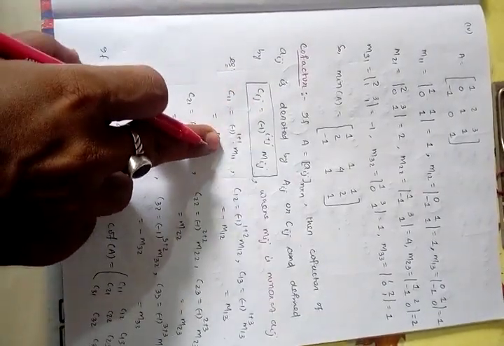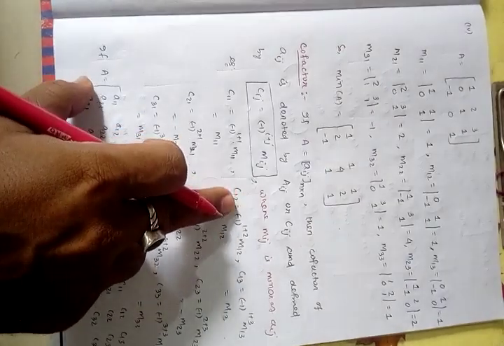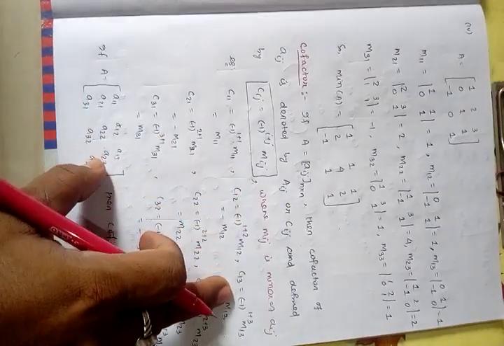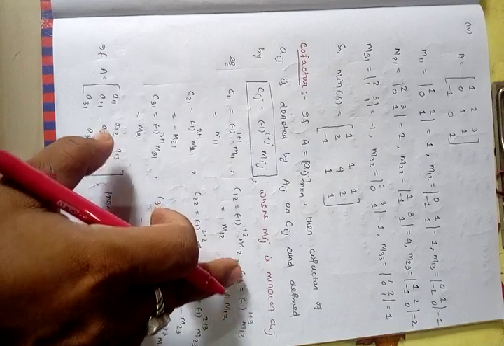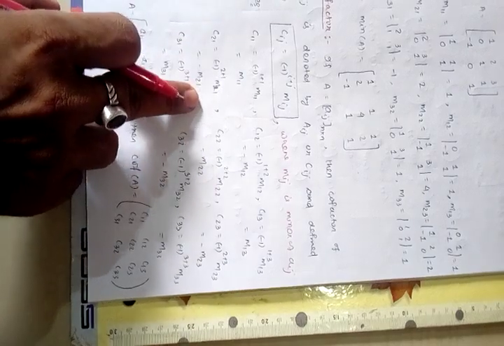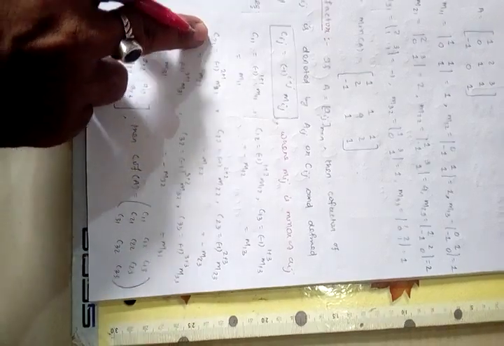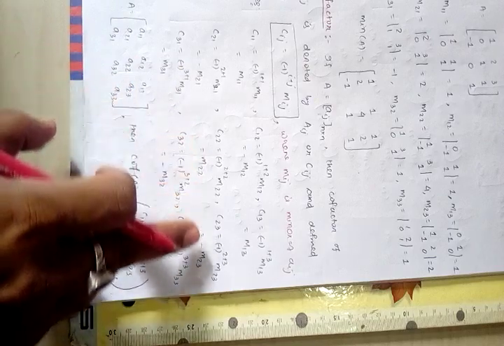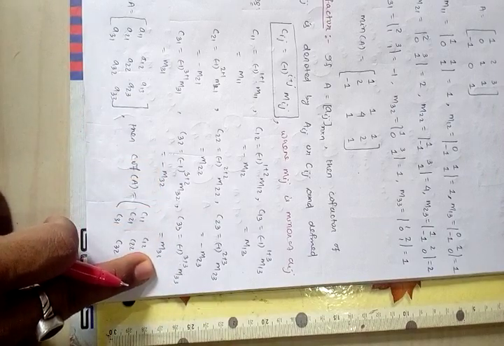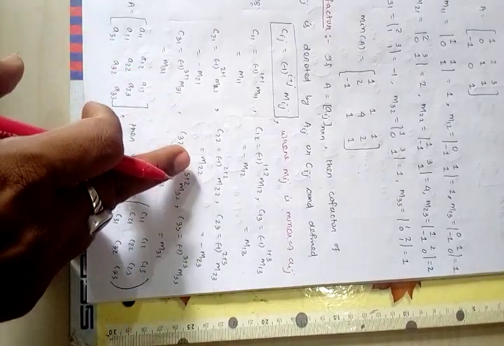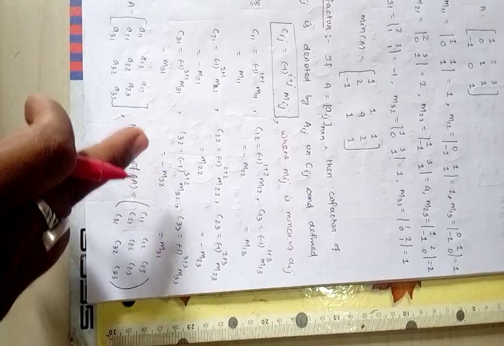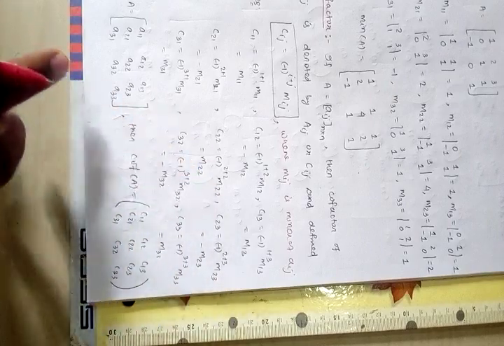So C11 equal to M11, C12 equal to minus M12, because 1 plus 2 is 3, so the sum of the subscripts is an odd number. C13 is M13 because the sum of the subscripts 1 plus 3 equal to 4 is an even number. C21 equal to minus M21 since the sum of the subscripts 2 plus 1 is 3, an odd number. Similarly, C22 is M22, C23 is minus M23, C31 is M31, C32 is minus M32, C33 is M33. Suppose C41 equal to minus M41 because 4 plus 1 is an odd number. C42 equal to M42 because the sum of the subscripts is an even number.